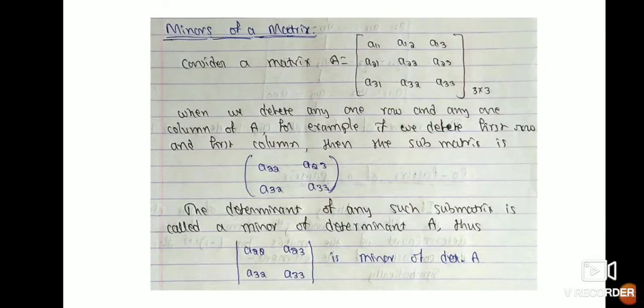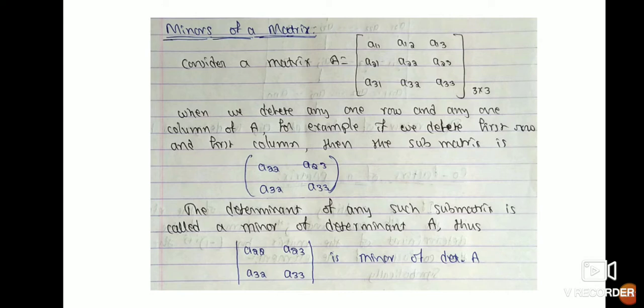Hello dear students. In this class let me explain about minors of a matrix. So in this example I have given a matrix A of order 3 by 3. To obtain the minor of a matrix,